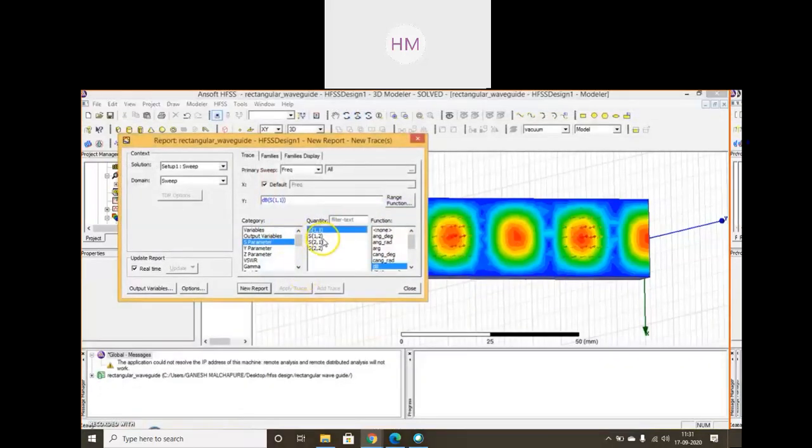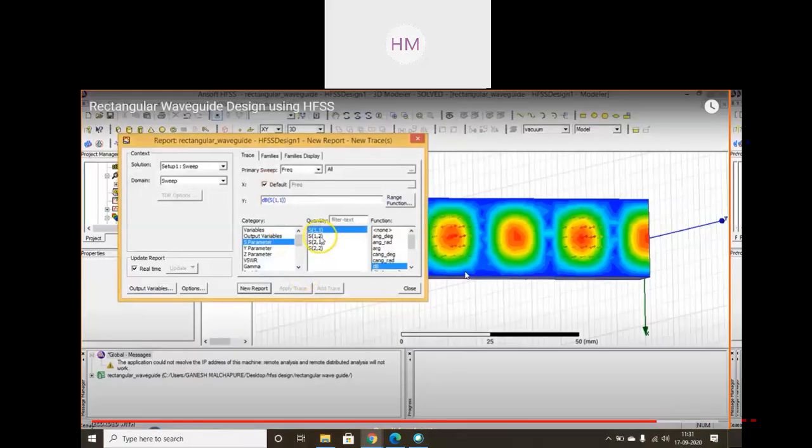See, you can measure all the S parameters, Y parameter, Z parameter, VSWR, different variables by using HFSS software. Whatever we are doing on HFSS software is a very preliminary work because a lot of research work, designing of antennas, designing of networks can be done on HFSS software. So this is very, very basic work we are doing by using HFSS software.